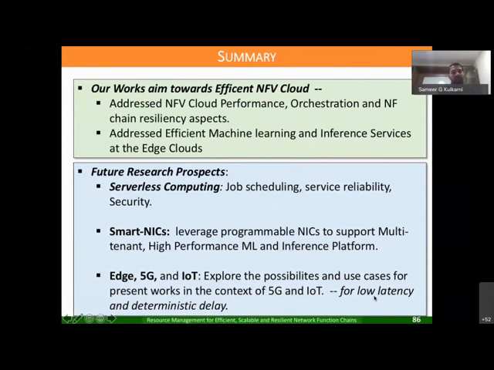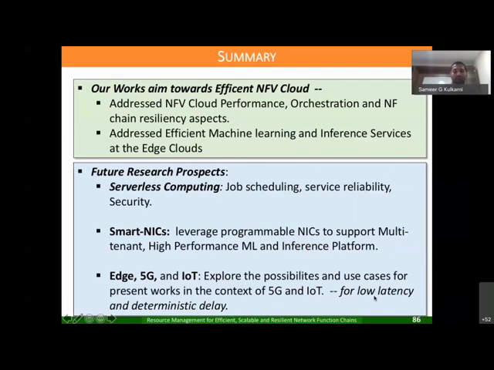The future research that we are looking forward to is serverless computing, which I'm not sure if you have heard of. This is the main phenomenal shift that's happening, and most of the companies are going towards this. There are several opportunities in terms of job scheduling and service reliability. How do you manage security now for these serverless jobs? All of these are currently in research that we are looking at.